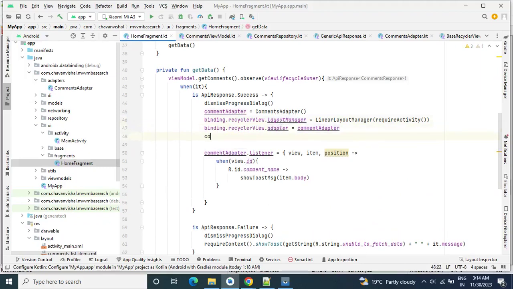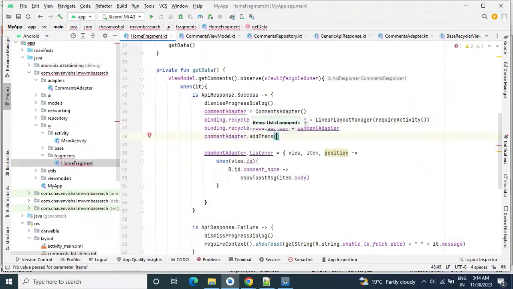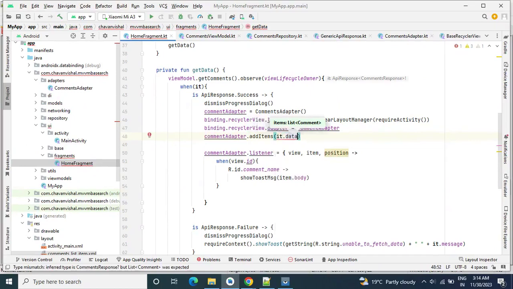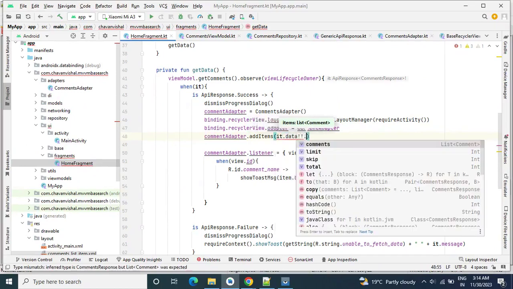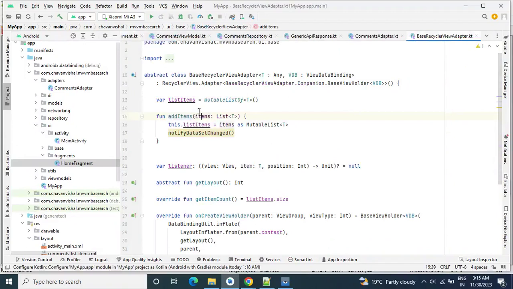Comment adapter dot add items, it dot data dot comments. Okay, so here we have initialized the adapter, we have set the linear layout manager, then we have set this adapter to our recycler view, and then comment adapter dot add items. Here we are passing array list. In this add items, this list will get assigned to this variable and then notify data set change.